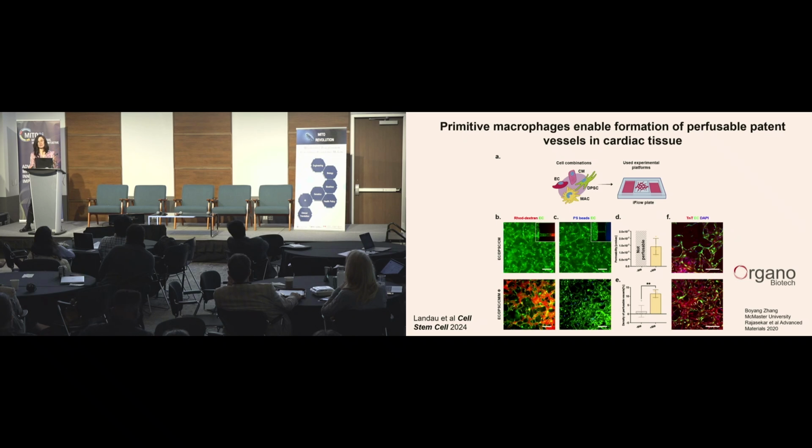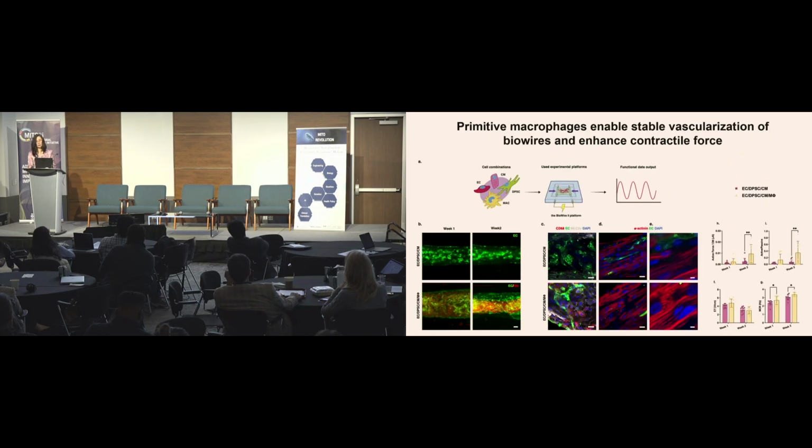There are really no lumens there. These are just structures of cells that are kind of connected together, but there is no lumen. This structure is not perfusible. Importantly, also, macrophages enhance maturation of cardiomyocytes. And now you can see multinucleated cells in the presence of macrophages, really nice sarcomeres,